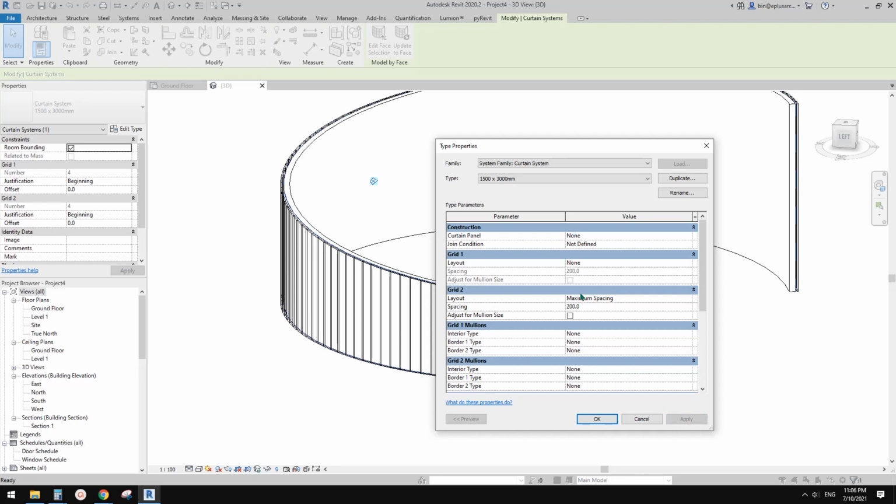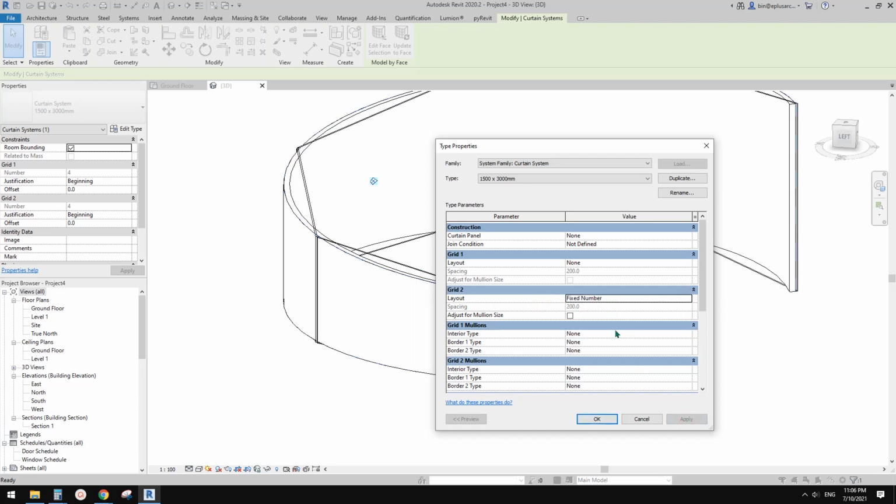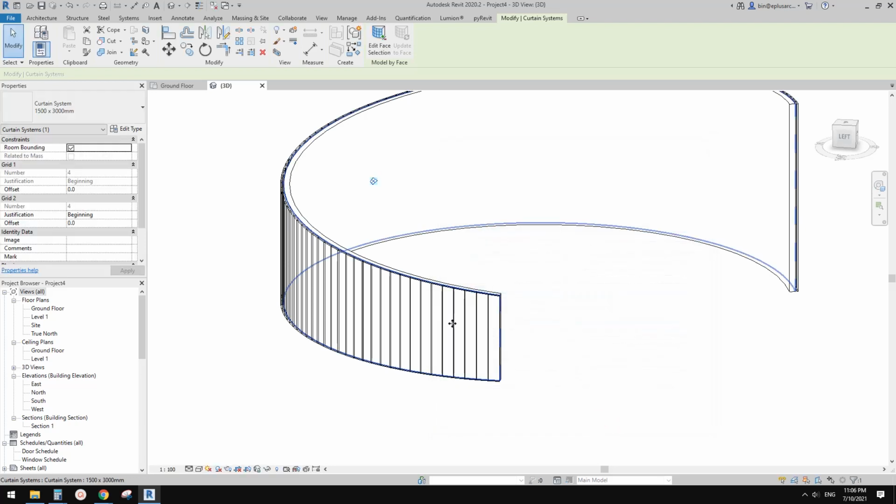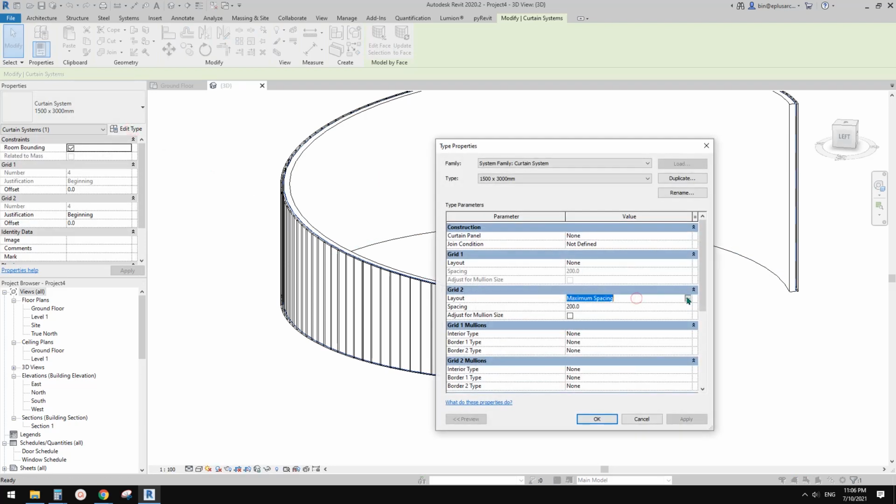Currently it's maximum spacing 200, and if I change this to fixed number and apply, oh, change back to maximum spacing 200, apply, and then if I change this back to fixed number,